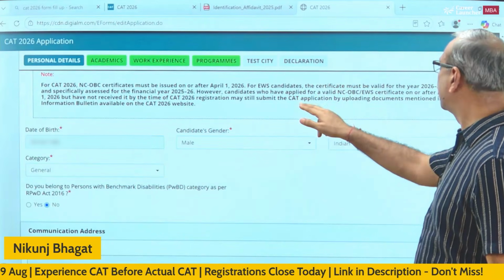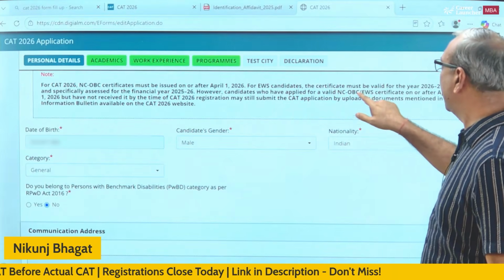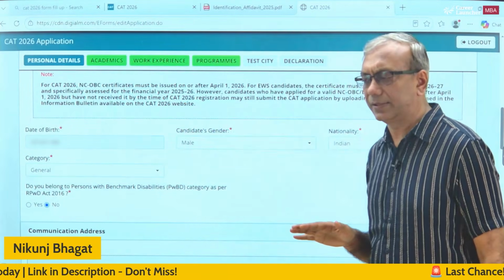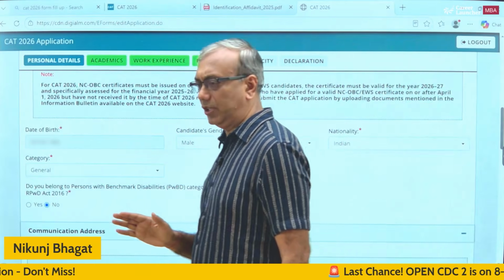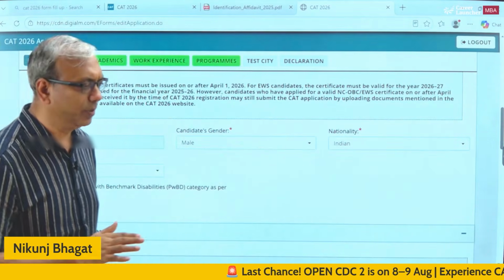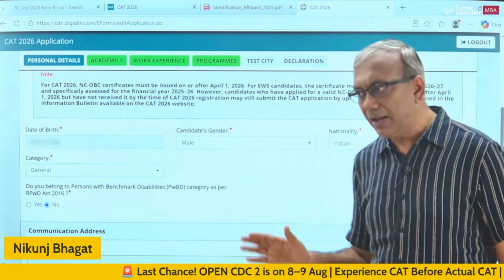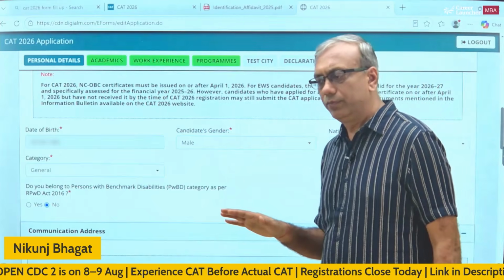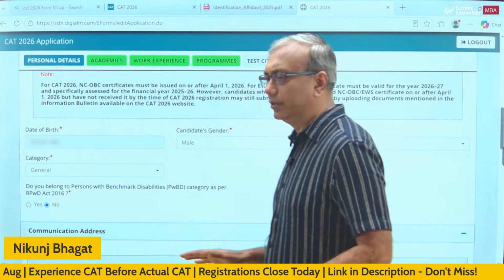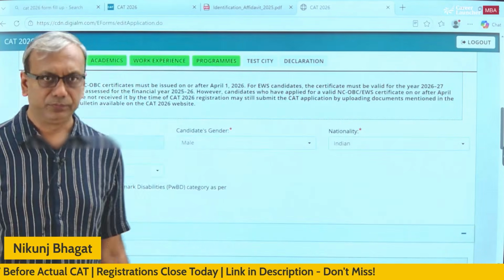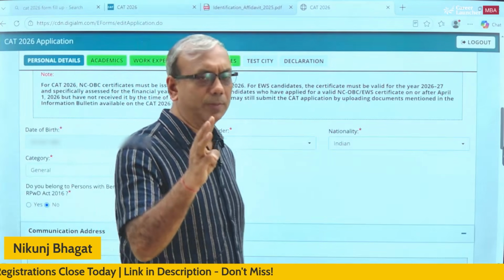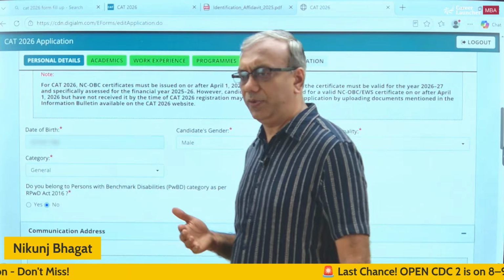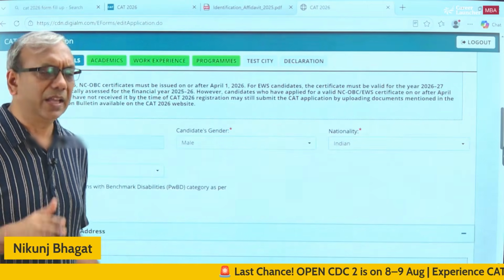So it clearly mentions for EWS candidates, the certificate must be valid for 26-27, assessed on 25-26. So if you have an older mark sheet, older NCOBC or EWS certificate, don't worry, apply for the new one. The CAT authorities allow you to apply with the old certificate along with one PDF you make with 3 documents, old certificate, the proof of having applied for the new certificate, and there's an undertaking given in the CAT website